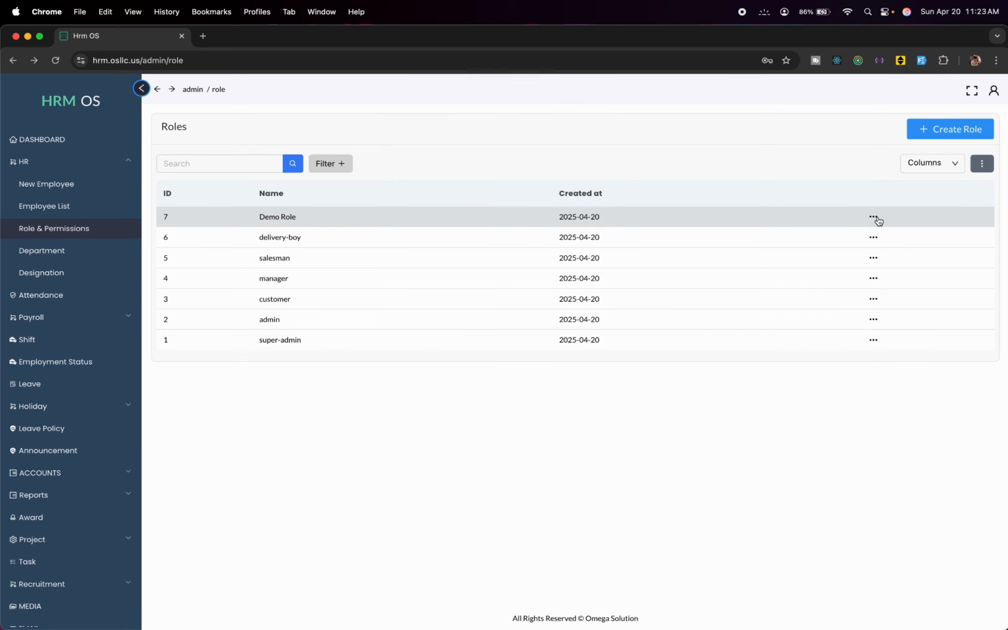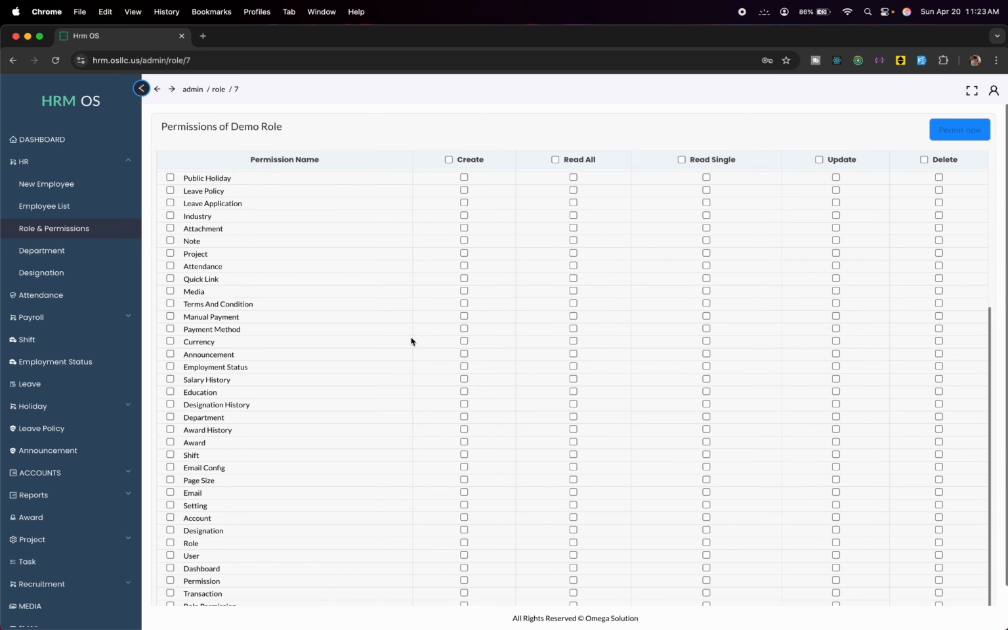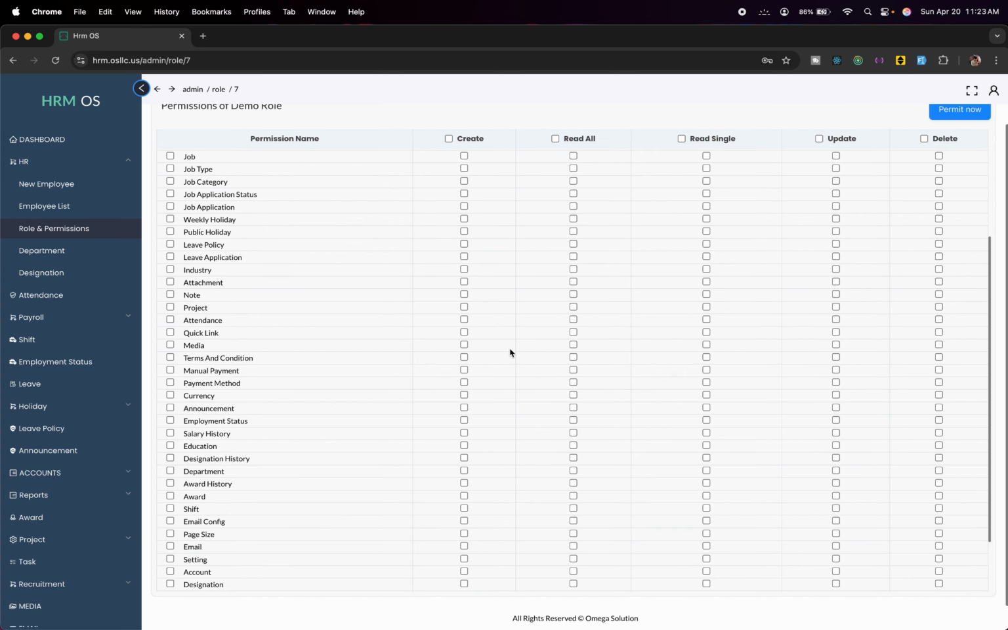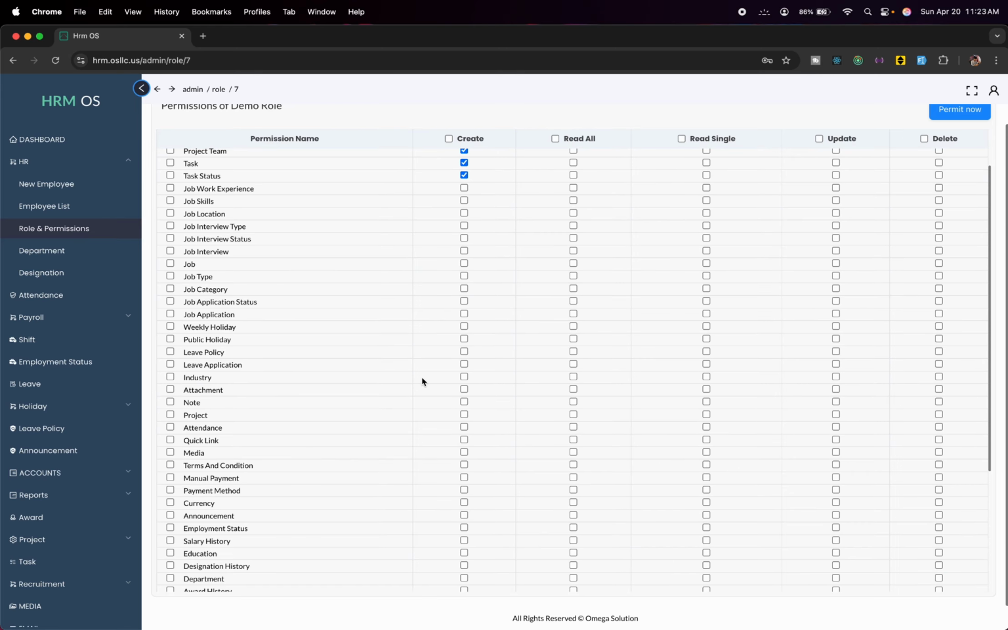And then you can give it permissions from here, that is, what you want him to see or control. So in this case I am giving it the dashboard permission. Okay, and let's just give him task, project, team, tasks, task status. Okay,